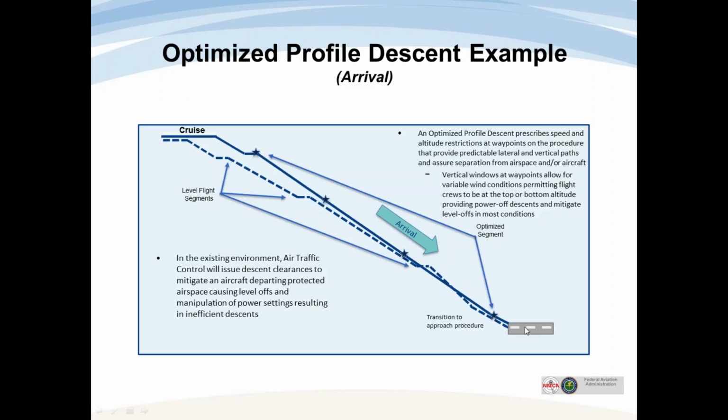Please note the solid blue line. It represents the optimal profile descent. By contrast, an optimized profile descent has built-in speed and altitude restrictions at various points on the route. These restrictions are designed to provide automatic separation from aircraft on other routes by either vertical altitude separation or lateral distance separation. This information is programmed into the airplane's flight computers and allows the aircraft to glide down to an